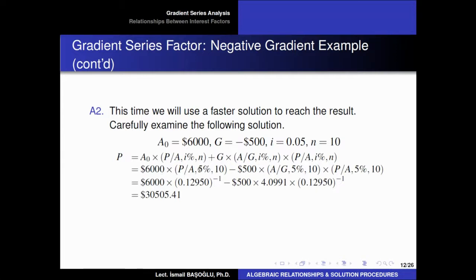Now, P over A under a 5% interest rate for 10 years is obtained through the A over P value, the uniform series capital recovery factor, under a 5% interest rate for 10 years, which is 0.12950. And we are taking the reciprocal of it, the multiplicative inverse of it, converted to the uniform series present worth factor. Here we have the same factor as well, so we are writing it here as well. And A over G for a 5% interest rate for 10 years, we need to obtain that value from the table. So I am again sharing